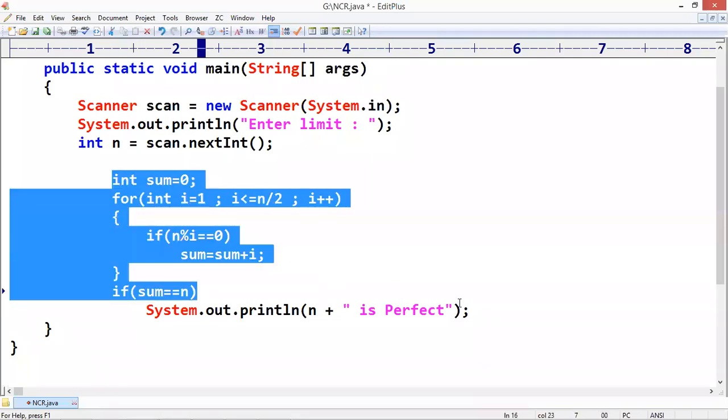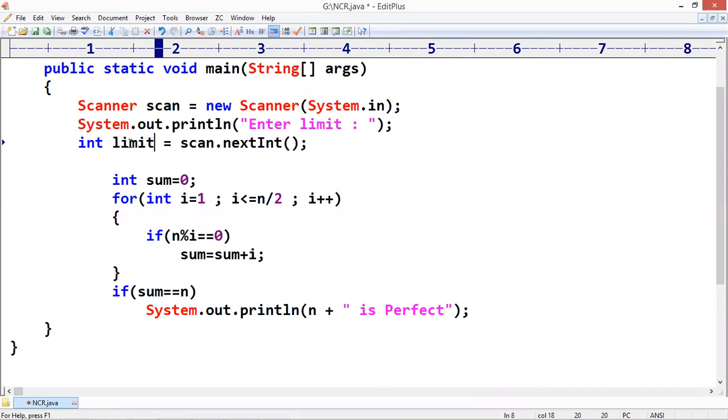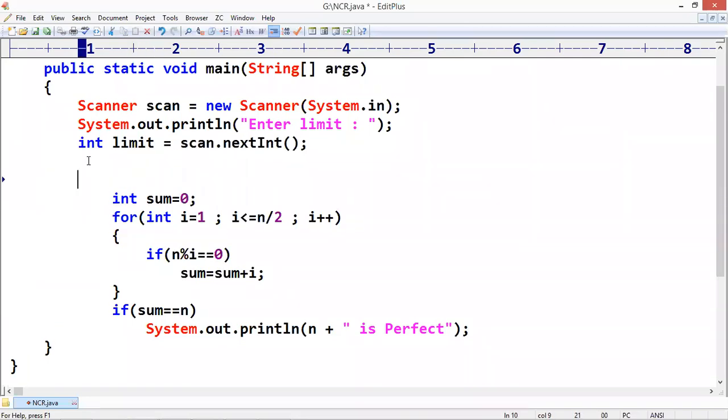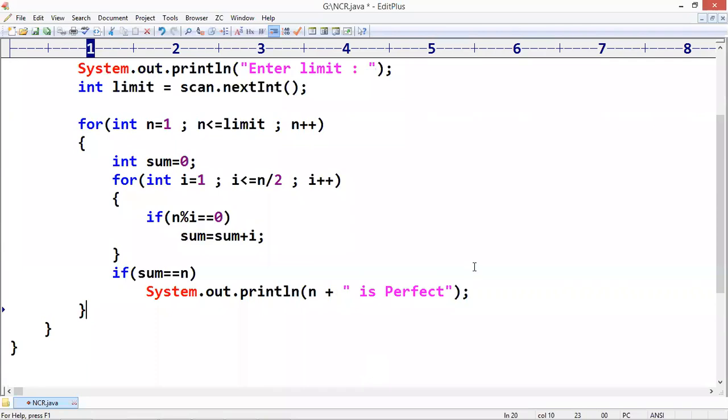But this logic now we are repeating, where we are taking the limit. Now for loop, n starts with 1 and n is less than or equal to limit, n plus plus. First n value 1.